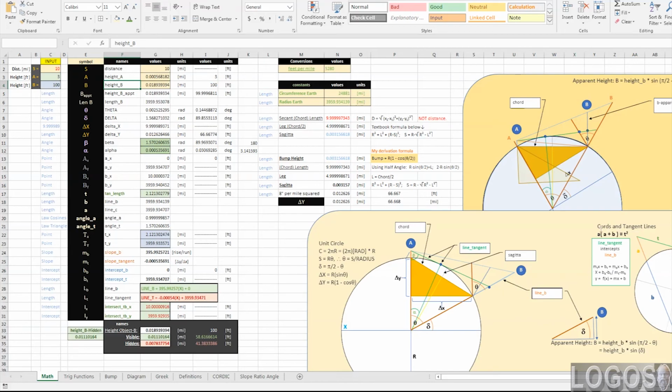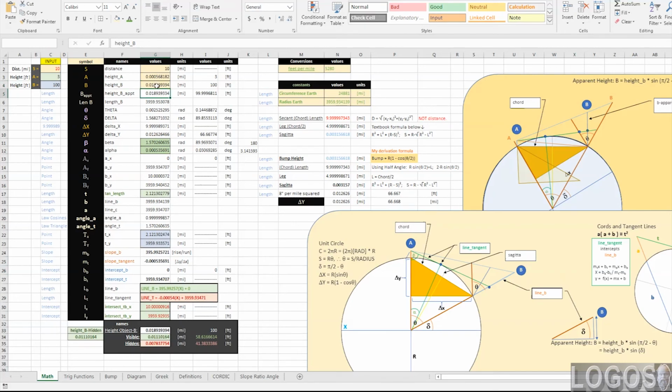And the math behind that is here. This length of A, which is height. This length of B, which is inside the circle. And finding some length, and that's the key. Finding the length of this tangent line. And I go into that, how to find it, get all the angles, and it's a lot of work.